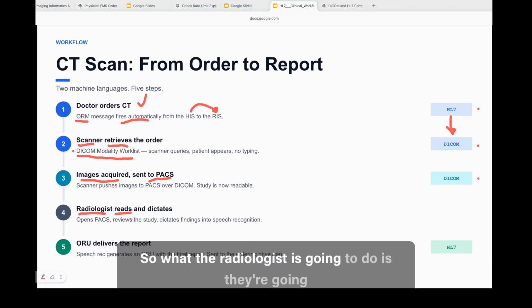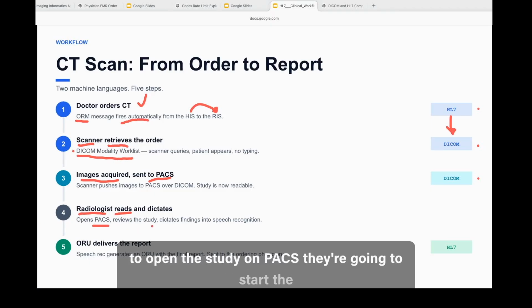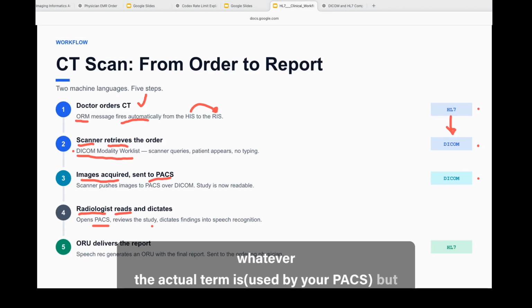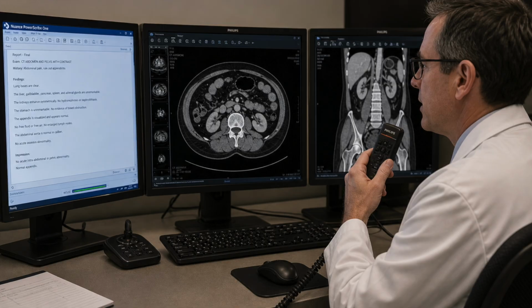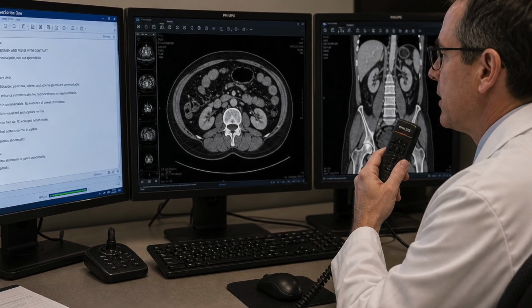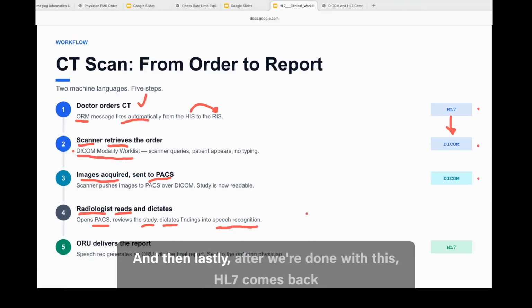So what the radiologist is going to do is they're going to open the study on PACS. They're going to start the reading component, whether you call it a reading task, whatever the actual term is, but they're all going to initiate the read. At that point, the study is going to open in the viewer. Their dictation software, which usually is an integrated third-party software, is also going to open simultaneously, allowing the radiologist to dictate their findings into the speech recognition system. And then lastly, after we're done with this, HL7 comes back